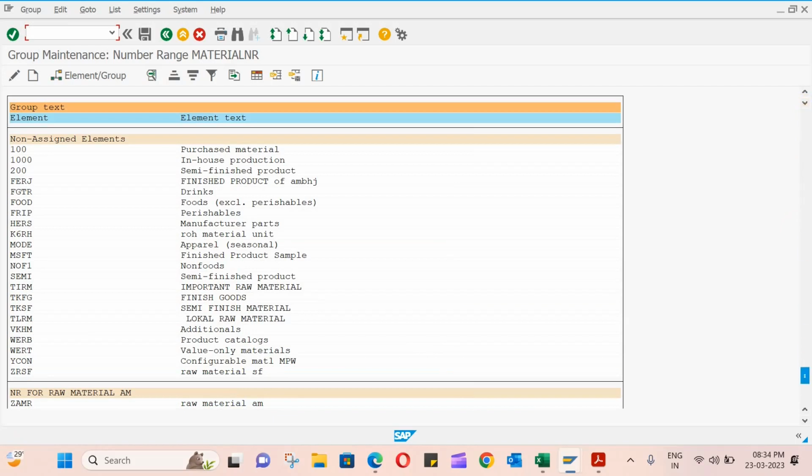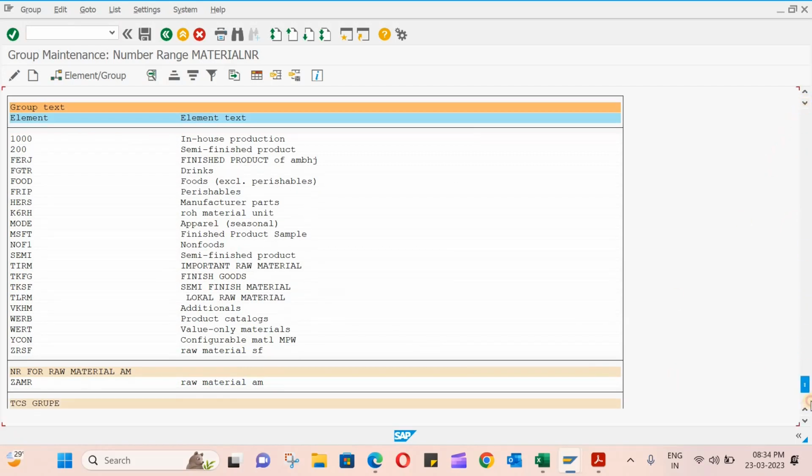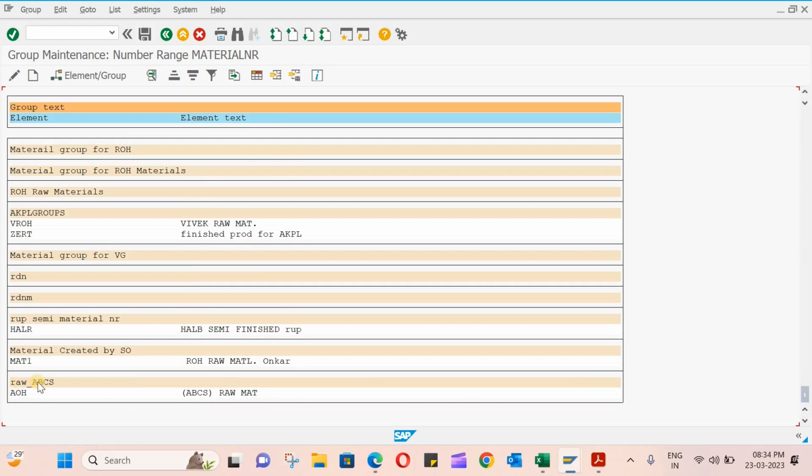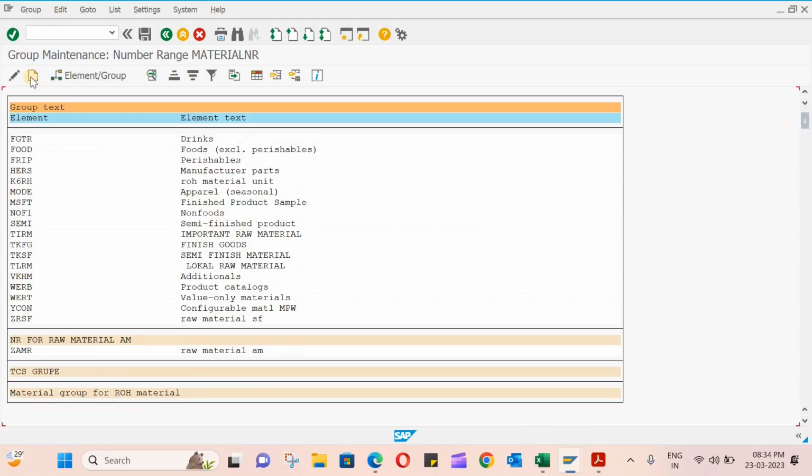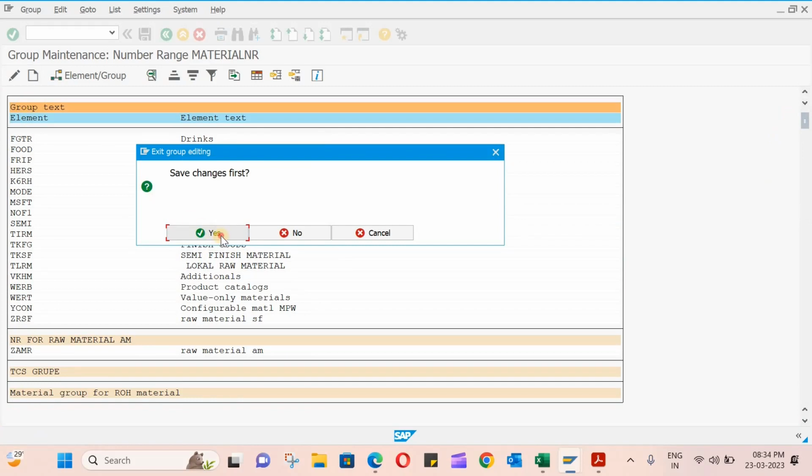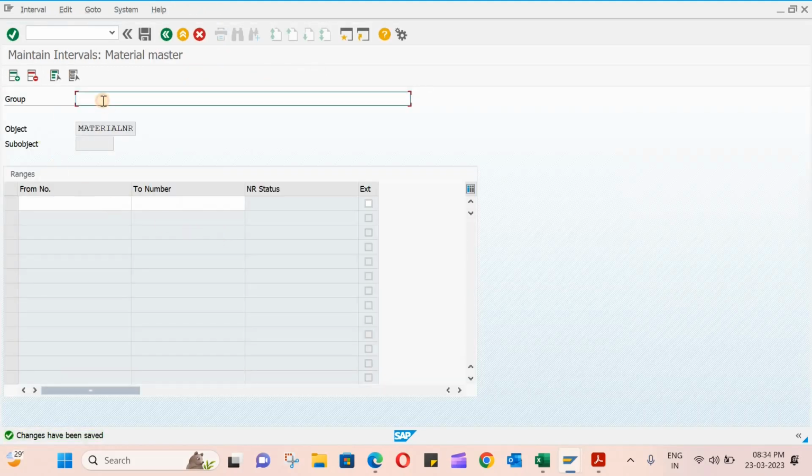So now it's assigned, and you can see, I'll show you this. So under this group the raw material is assigned, so it will start using that number range. Similarly we have to assign it for, let us save this first. So let us type FERT ABCS. So this time also I can use this same thing, but you need to change the numbers. So let me take it as